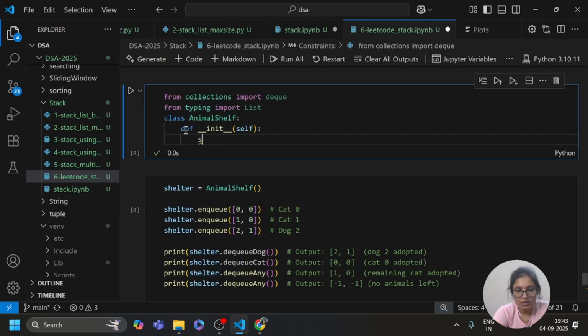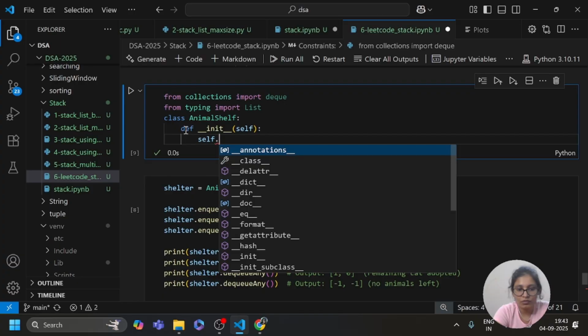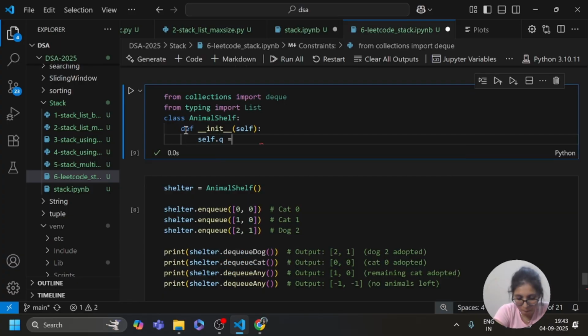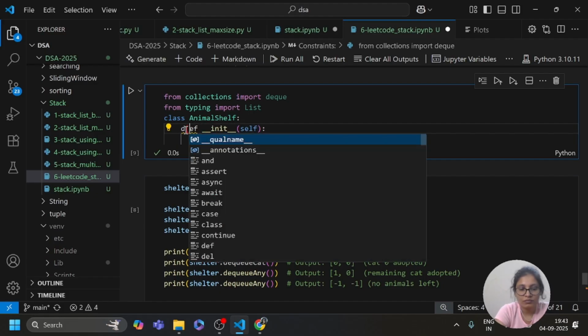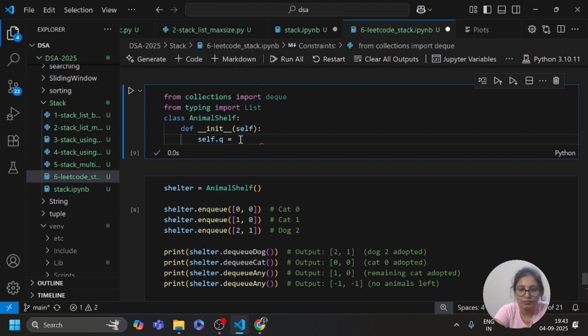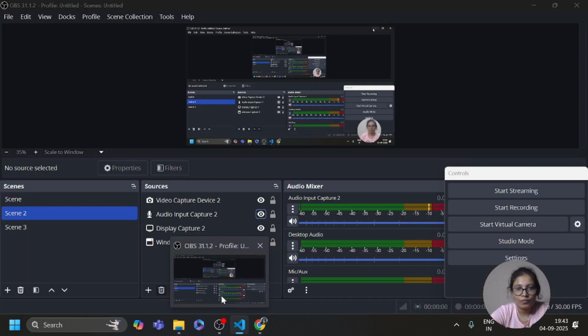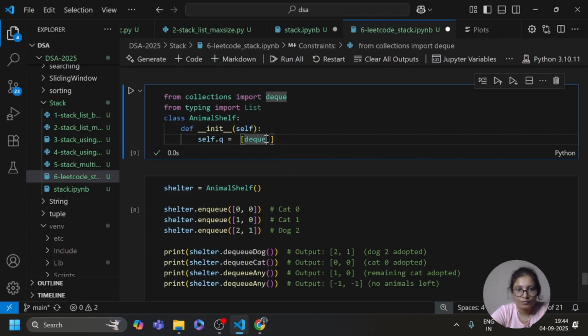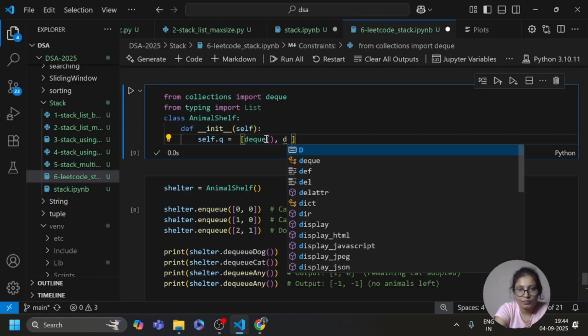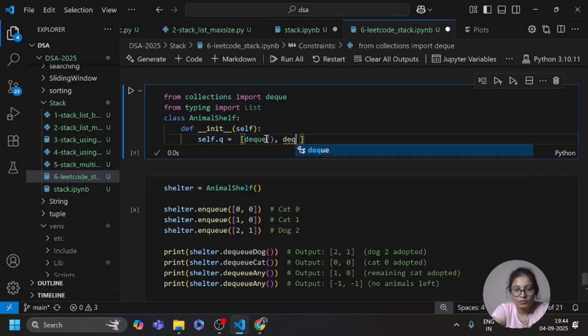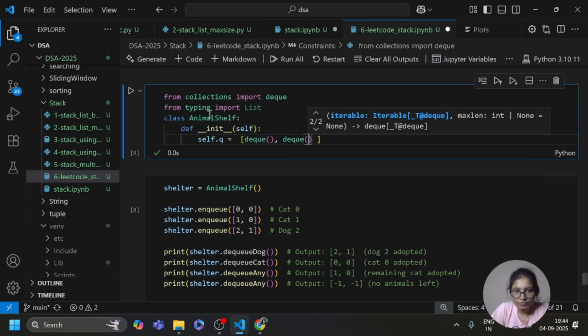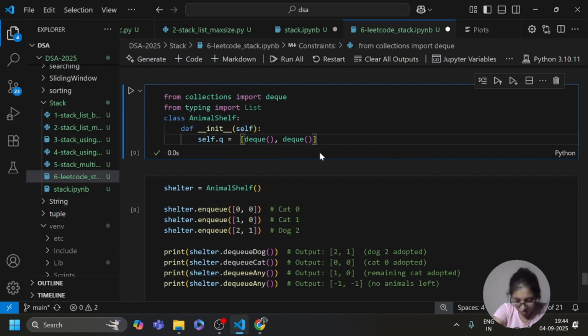After that I need to create self.q equals to deque, comma, deque.